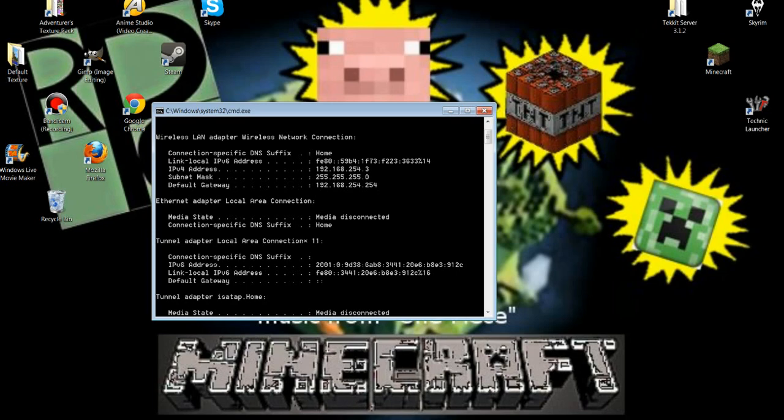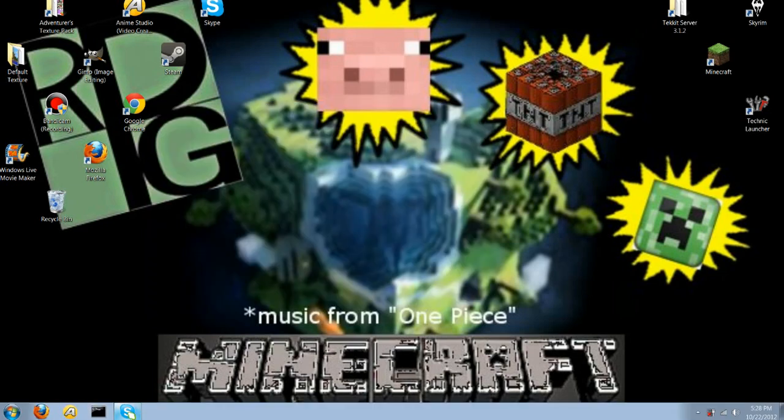So the IPv4 address is the IP address that is specifically attached to your computer. The default gateway is the IP address of your internet modem. And if you go online and type in "what is my IP" in Google search, it will show a